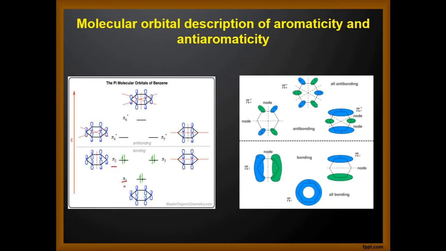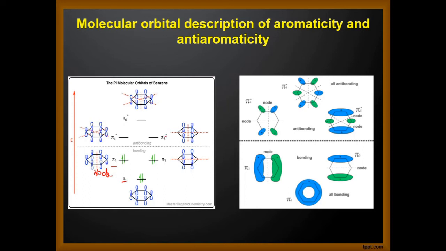Okay, so when the energy increases, you can see a node. So this is the node that runs. Okay, so it has one node, and here also you have one node. Okay, so you can see how these orbitals are actually placed. Okay, and then we move on to the highest energy, which is the anti-bonding molecular orbital, which is our